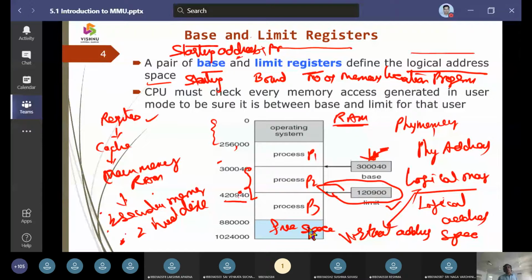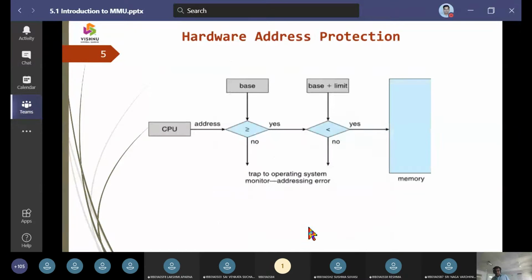So now we can see a hardware protection mechanism to access between this base register and this limit register.